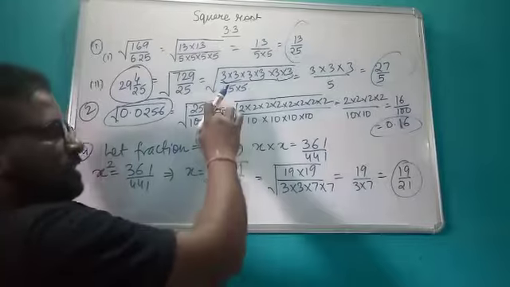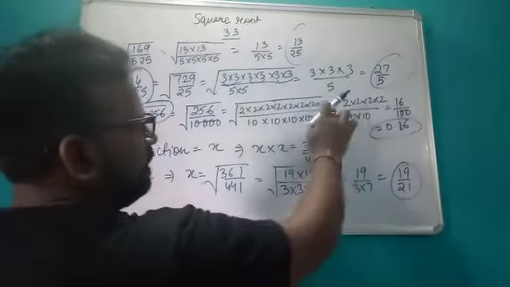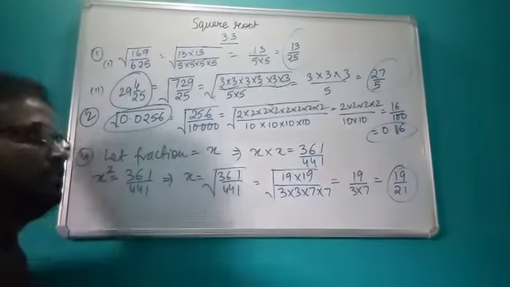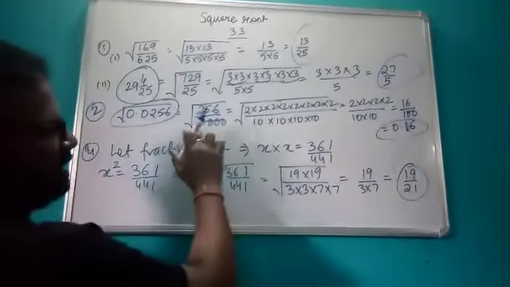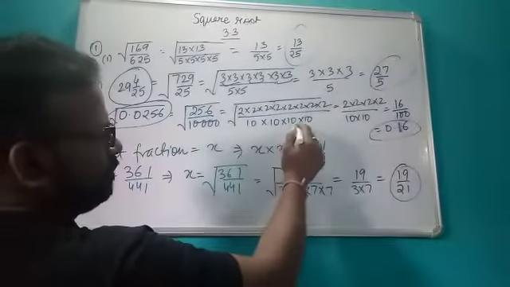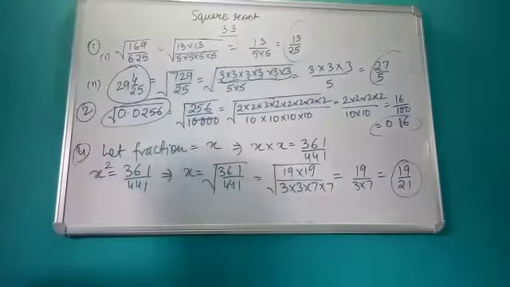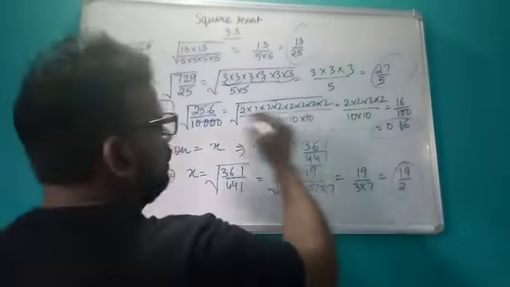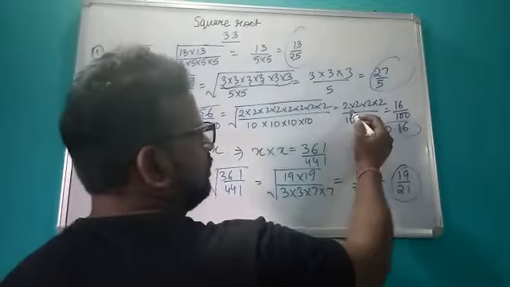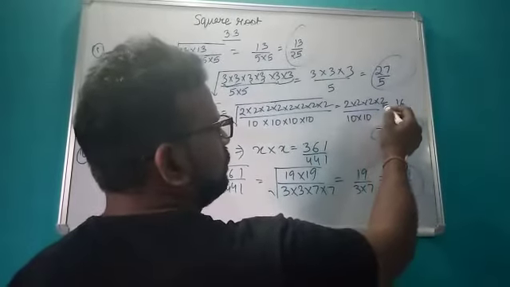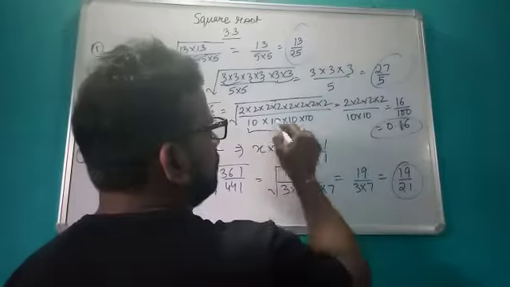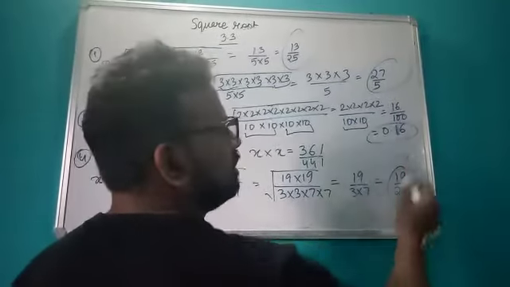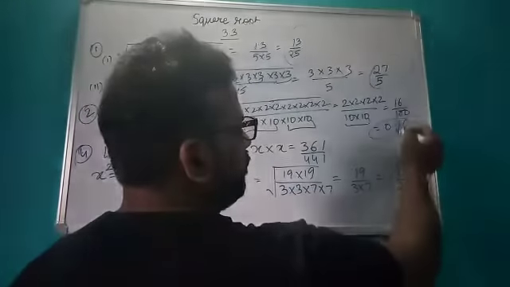Next you will do the prime factorization of 256, that you already knew, and for this 10,000, since there is an even number of zeros, I have written 10,000 as 10 into 10 into 10 into 10, 4 times. Then you will take out the square root of 256, that is 2 into 2 into 2 into 2, upon, then you have 2 pairs of 10, so we will bring 10 into 10. So it is 16 upon 100, then you will put the decimal and you will get